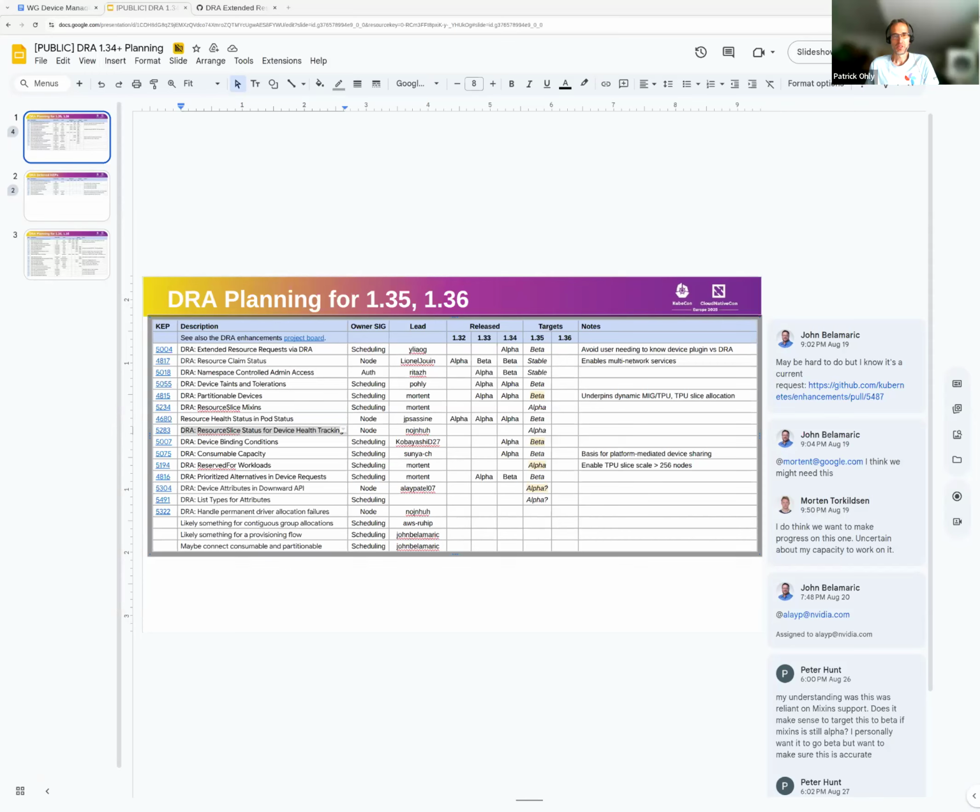It might have been the, wait a second. Which cap was that? I'm looking at the list. Was it consumable? No, it was not consumable capacity.